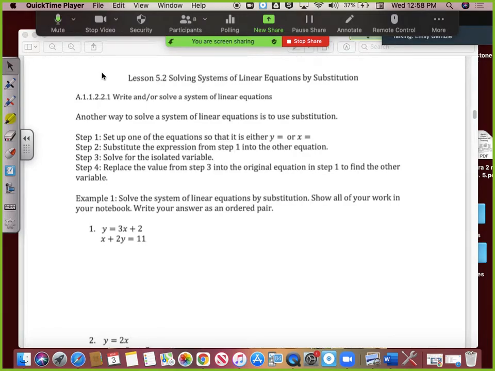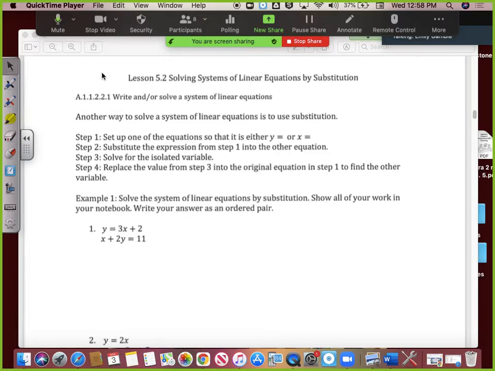Our whole goal in solving systems of equations is to find the ordered pair, to find the point where the two lines intersect. The first method that we learned was actually physically graphing both lines and finding visually, by looking at where the point was that the two lines crossed. So we practiced that in many ways, but we already should know that that's not the most effective